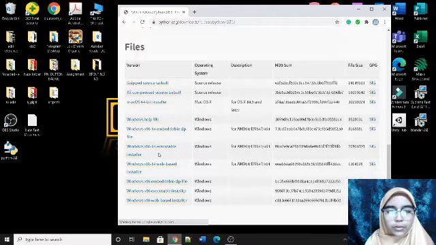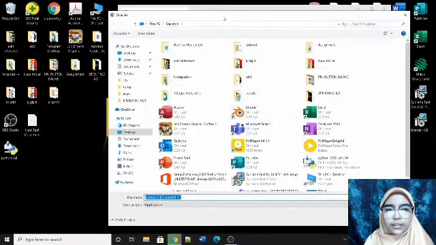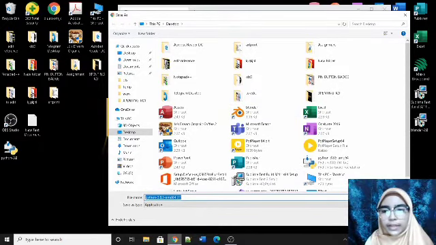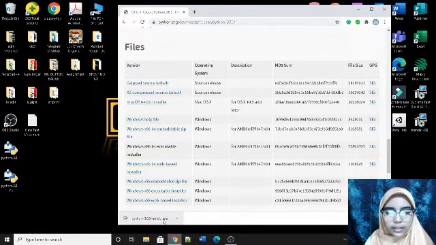And as you can see, there is a lot of version of Python. And what I'm gonna use is for my Windows 64-bit laptop is this one, executable installer. So I'm just gonna click and download this one. And next you can just save everywhere you want, and I'm gonna save it on my desktop, so I'm gonna click save. And then after it has been downloaded, you just need to click on it